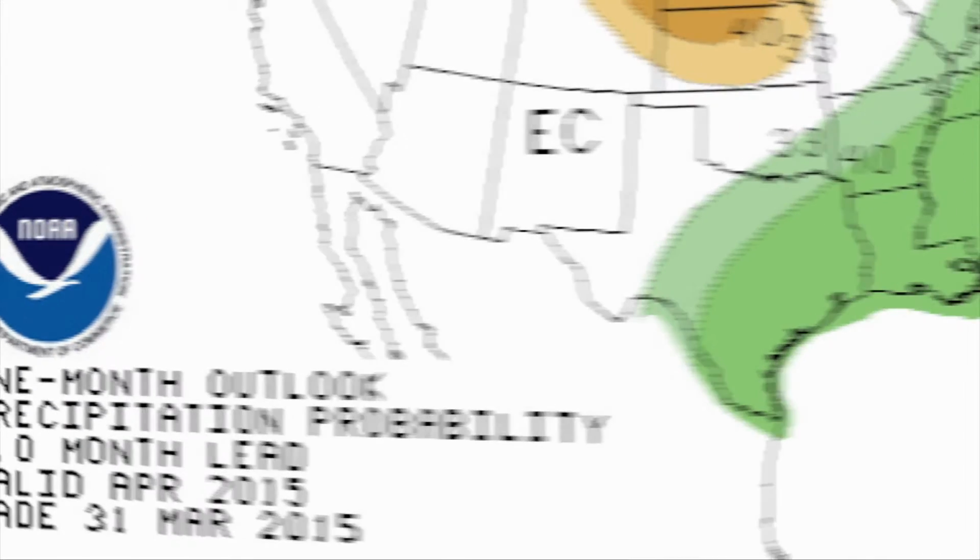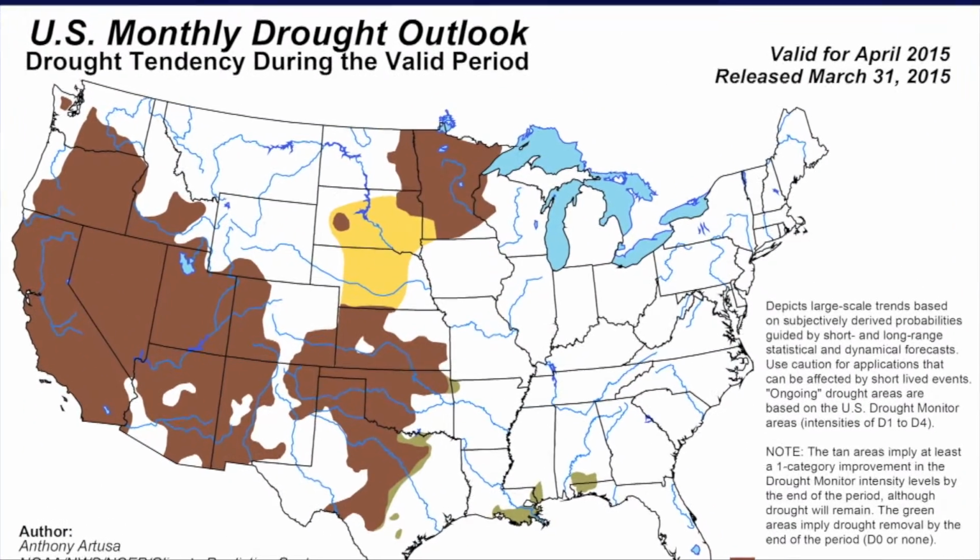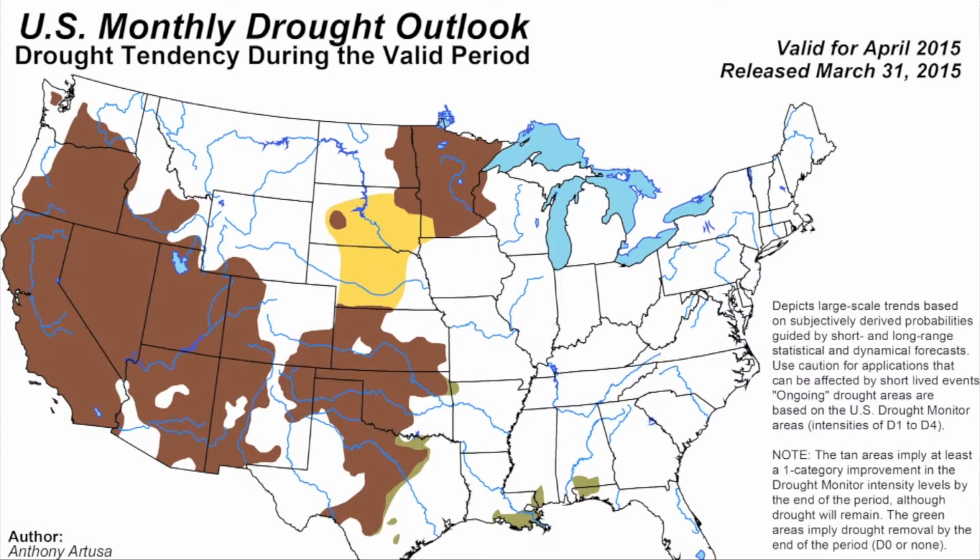Now, when you put all that together, where's drought at now? What are the outlooks for April? The U.S. monthly drought outlook for that month shows that drought is expected to either persist or intensify throughout the month of April, so not good news on that front. Now, these are just outlooks. They're not always correct, so we still have hope for spring, and we can maybe start to end some of this